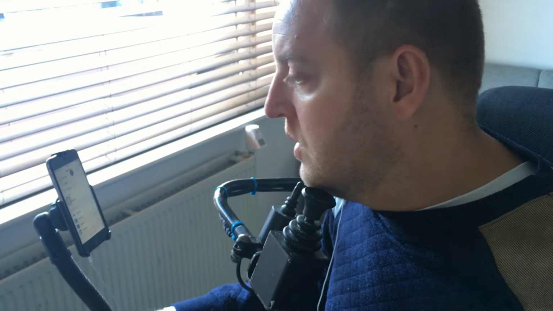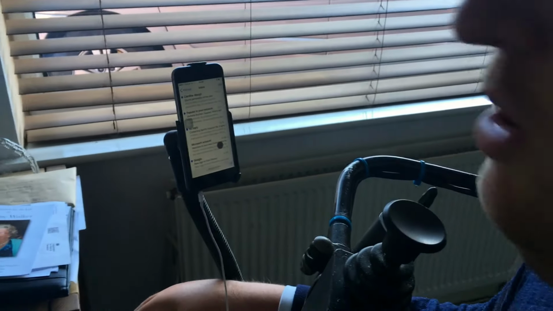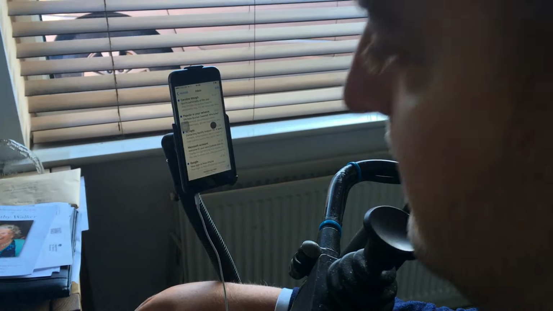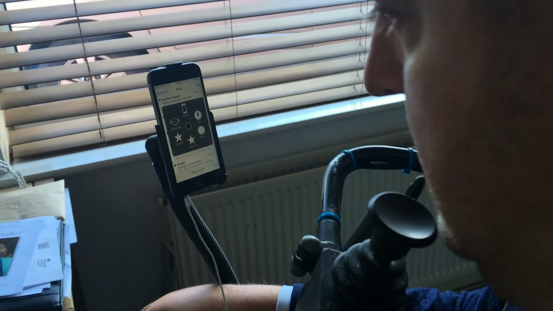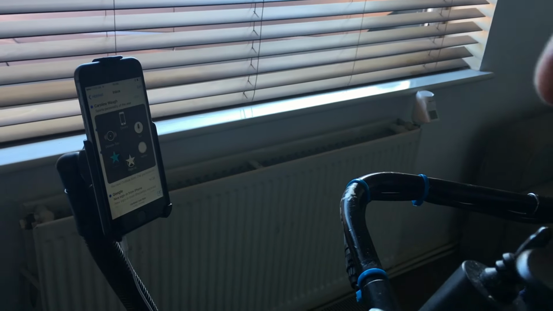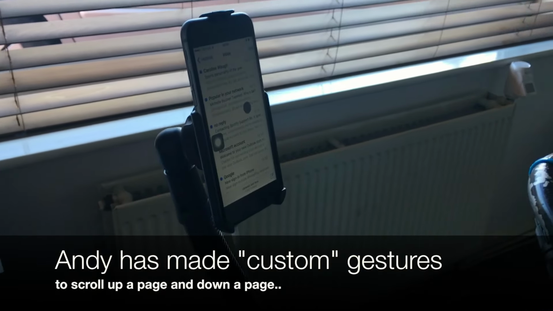Okay, so what I want to show is, in the context of a social media application, this is a new phone, so I've not loaded that up yet. Or for me, I'm in a mail application where I would want to, as you would with your fingers, scroll up and down a list. So we have here my Hotmail account, and I would want to get to something which was sent, let's say the other day. I have a page up feature there, which is perhaps not quite as useful as page down,